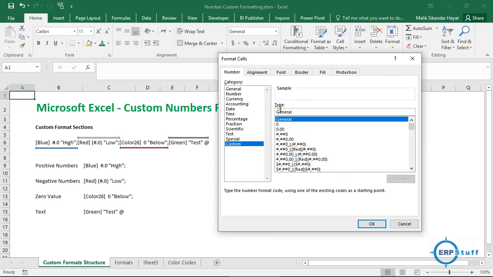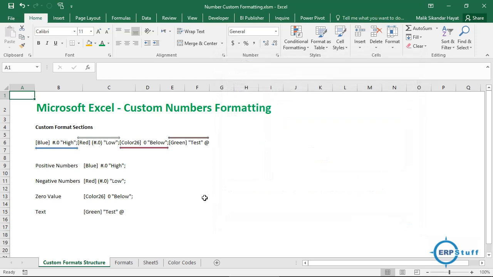You can use these existing ones as well, but once you have an understanding, then you can use them; otherwise you don't know what these values are. So here we will enter the custom formatting. Now let us go to a few examples.